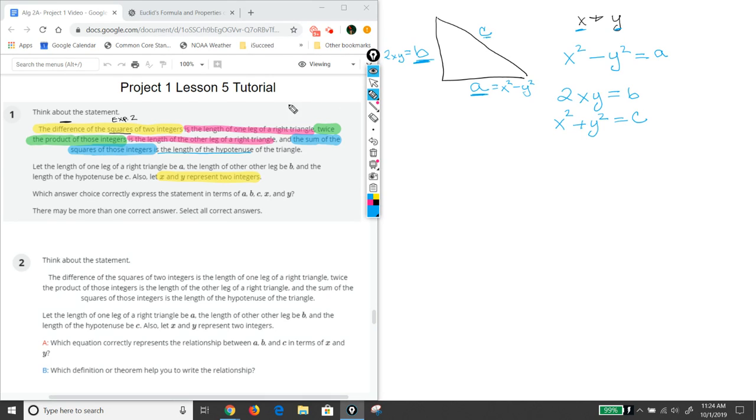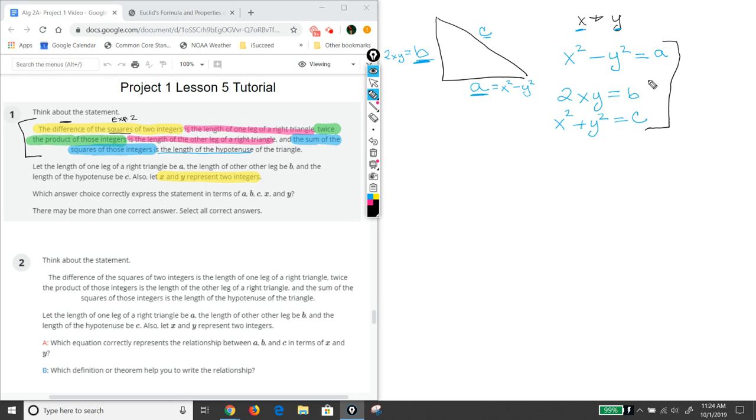So what question number 1 is asking you to do is dissect this fancy wording that we have right here. Take all of those words and write them in math equations. See, this is why I love math. Look at all those crazy words over here. Give me that any day. So question number 1 is